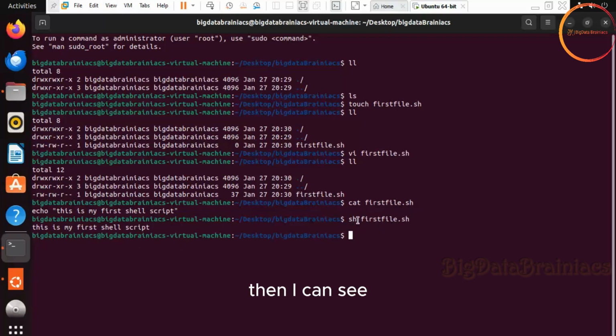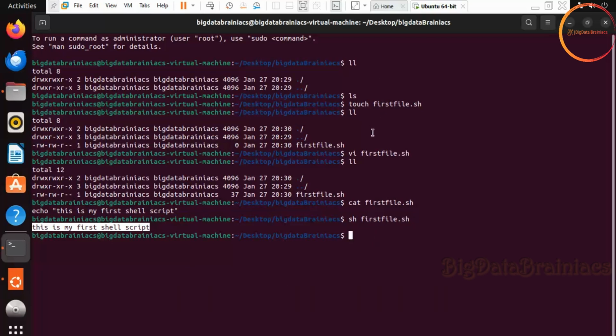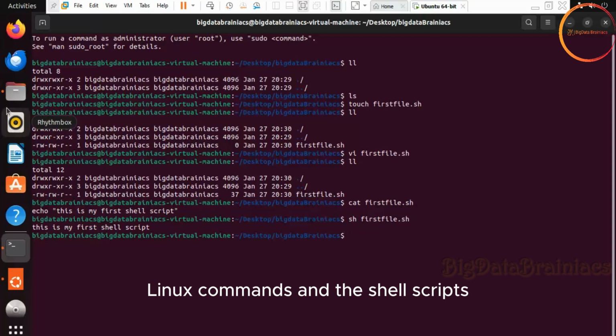Then I can see some content over here. I'm executing my shell script, and once I execute it, you can see the output from this shell script. So this is how you can create your shell scripts, and you can practice your Linux commands and shell scripts